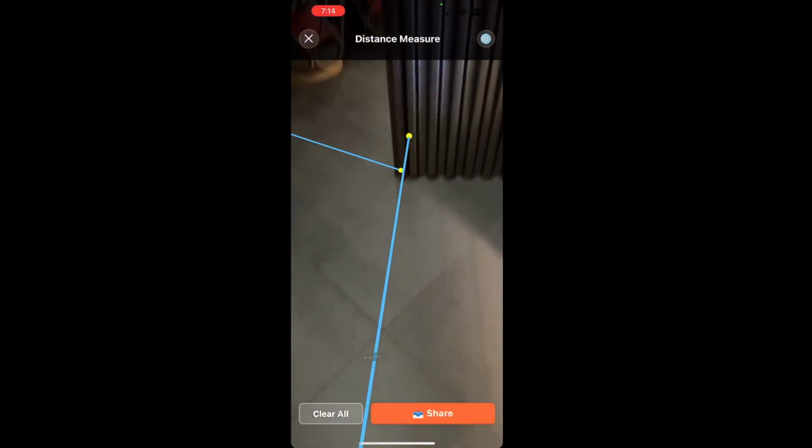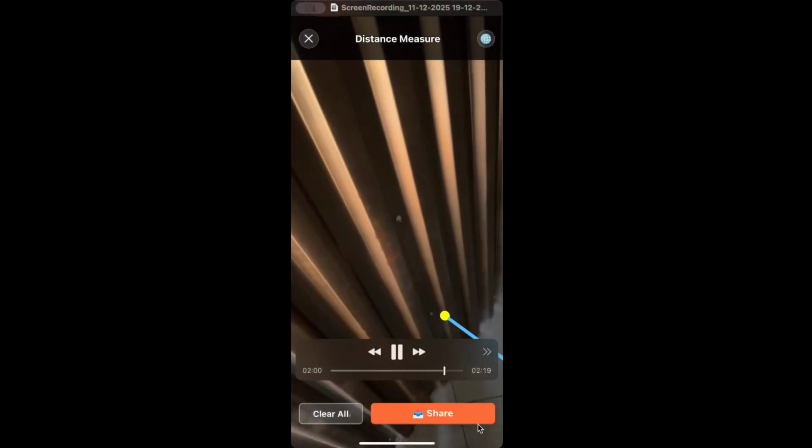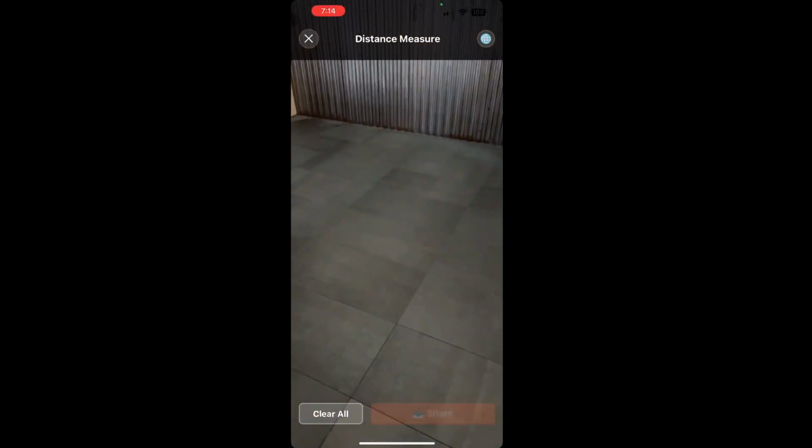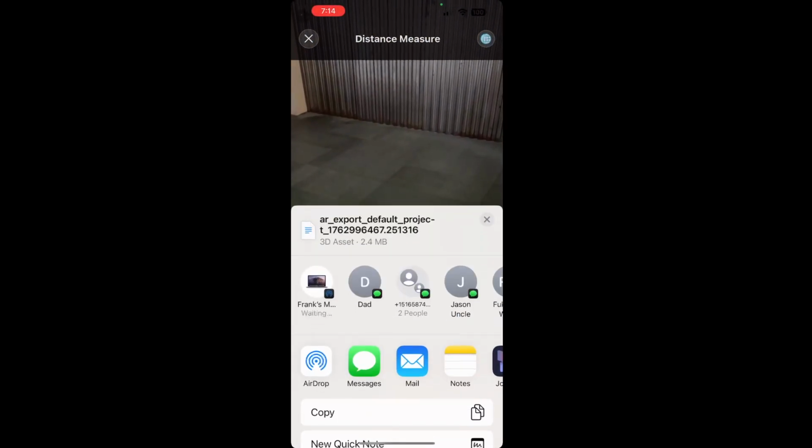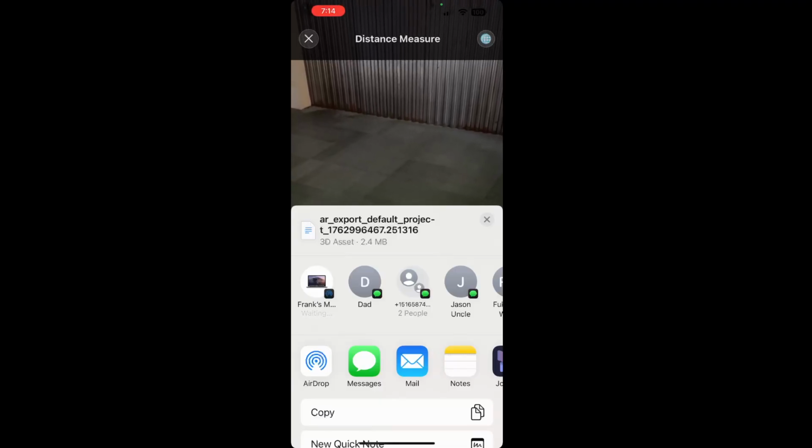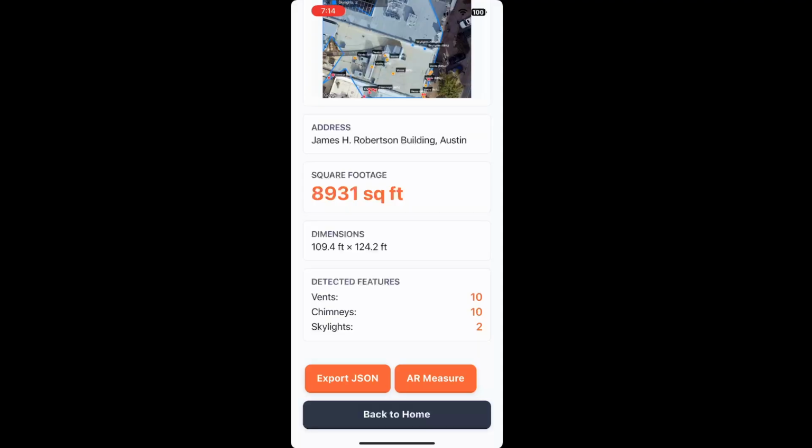It doesn't have the annotations yet, but whatever you output when I share later is a 3D model that anybody else can use in an online viewer,